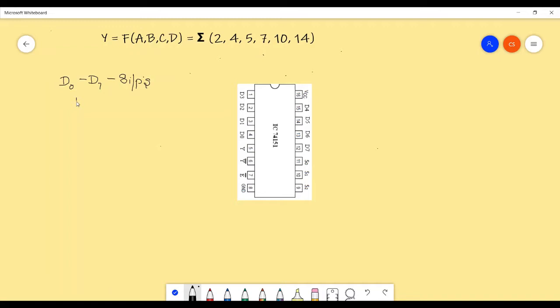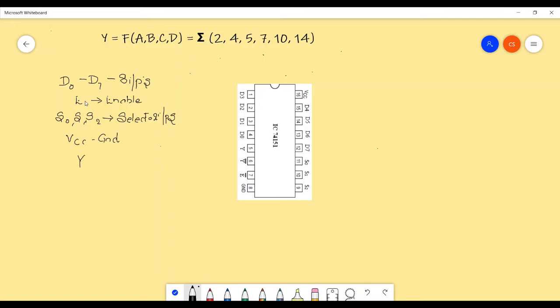It should have an enable pin. It also should have selector inputs S0, S1 and S2. In addition to this, it should have VCC and ground. It also should have an output pin. So these are the pins a MUX IC should have.